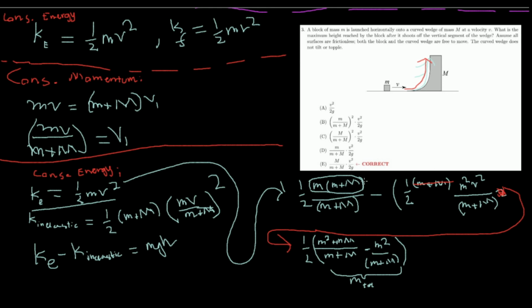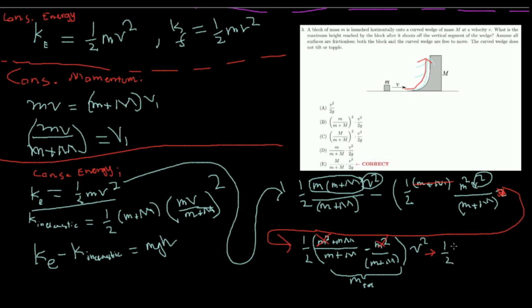Oh yeah, I forgot to put V squared right here. There should be V squared here. So now we have these two things right here. We write that at the end, V squared. And now we notice that this cancels, this cancels. So we are left with